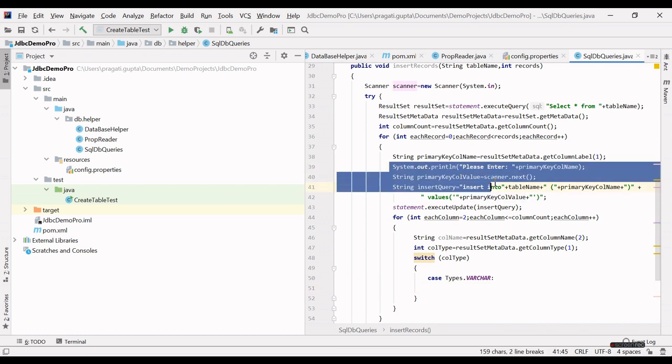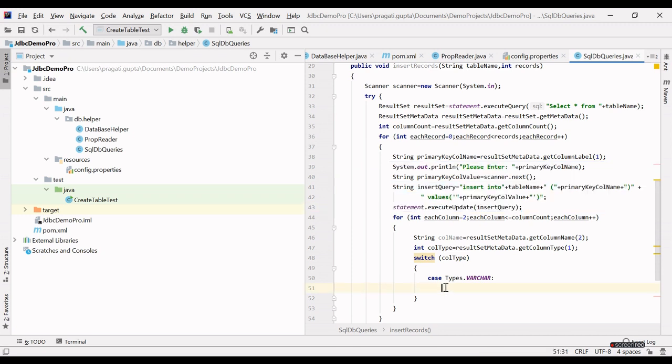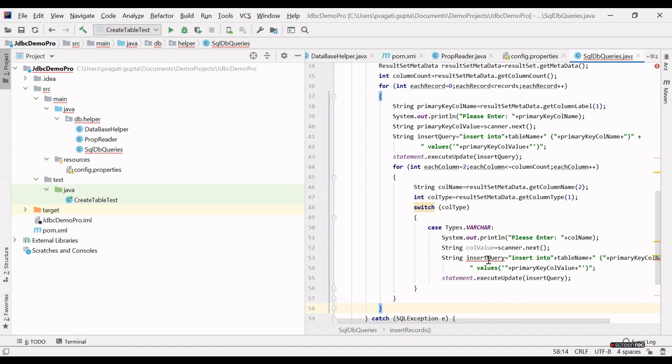So let's copy this and insert it here, and print "Please enter the primary column name." This time we will get the value for this column name, and this is our update query, right?